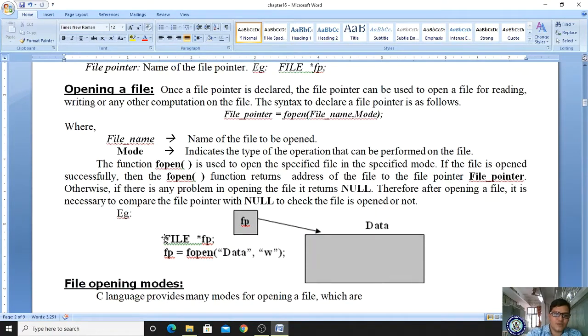So first I am declaring the file pointer, FILE *fp. It is a file pointer. So fp is equal to fopen. What is the name of the file I am opening? Data. So automatically this pointer will point to this data file. And here the mode is specified as w. W stands for write. Write means to store. FILE *fp; fp = fopen("data", "w");